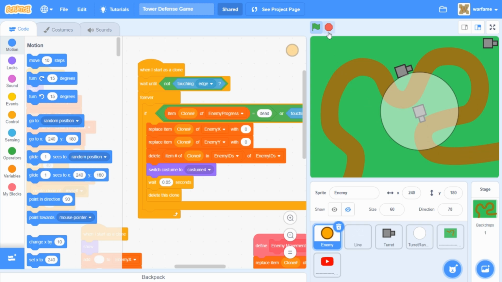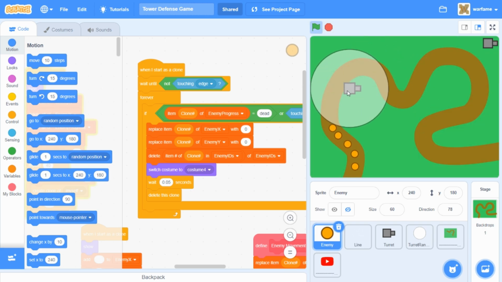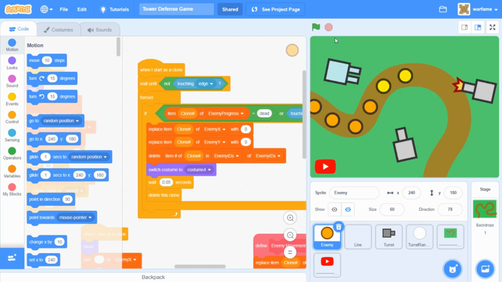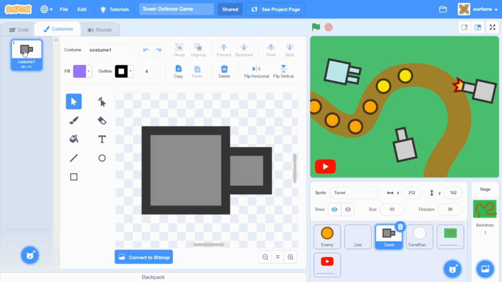Anyways, let's get started. So first off, I want to add a firing animation to the turret, because right now, all the turret does is point and shoot at the enemy. However, I want it to switch to a firing costume. So I'm going to go to the turret sprite, and then go into costumes, and duplicate this costume,